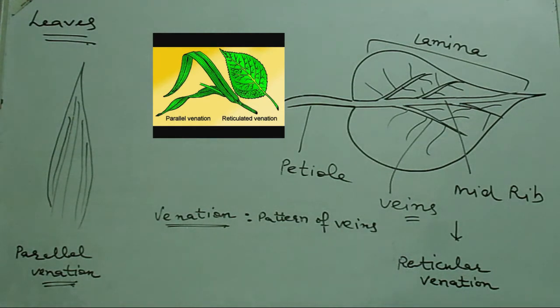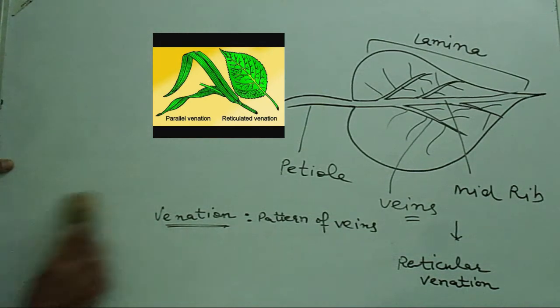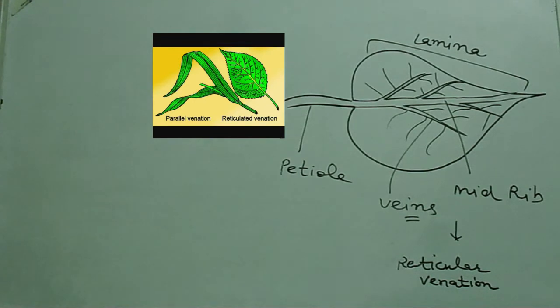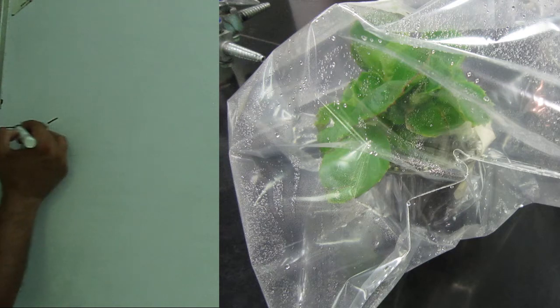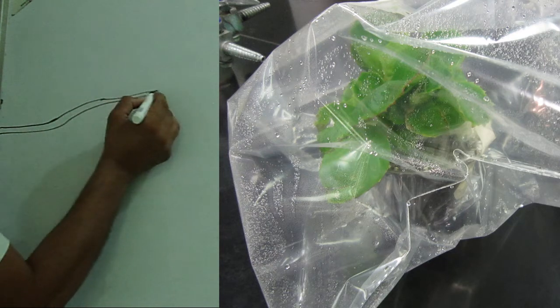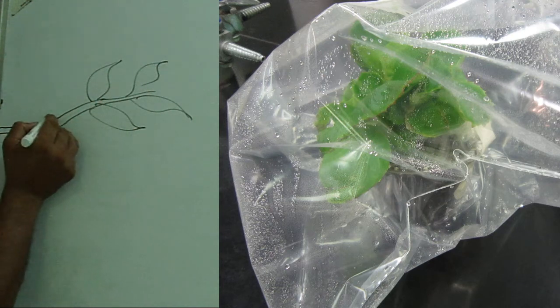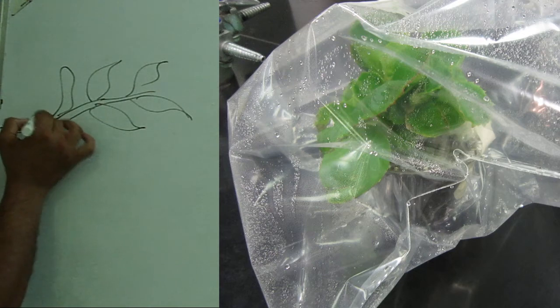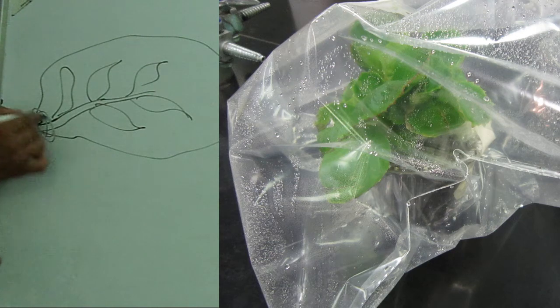Now one thing more about the other leaf activity. What you have to do? You choose a branch on any of the plants and you try to wrap a polythene on that. Like you have chosen any plant nearby, near to your home. What you have to do? Cover that part with polythene and tie it up here and keep it for a few hours.